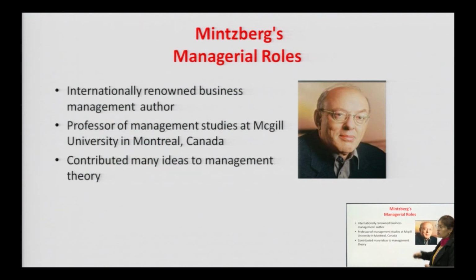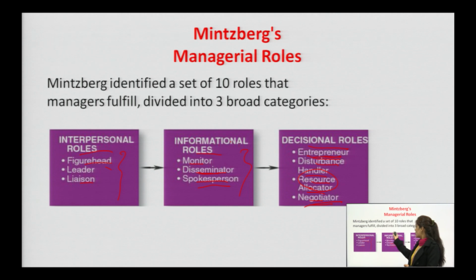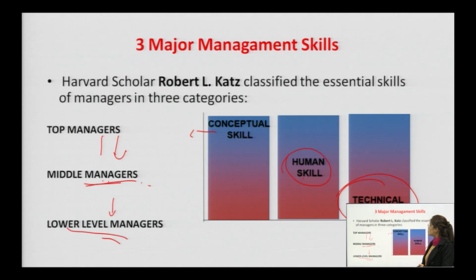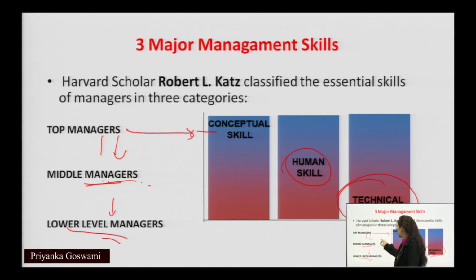After that we discussed managerial roles. There are 3 roles given by Mintzberg. After that we read management skills, which are further divided into these 3 parts, given by Robert L. Katz. And why these skills are important for these levels of managers, right. So we have also read which skills are most important for which levels. That's why I wrote it in this way, so that we can identify the relation,